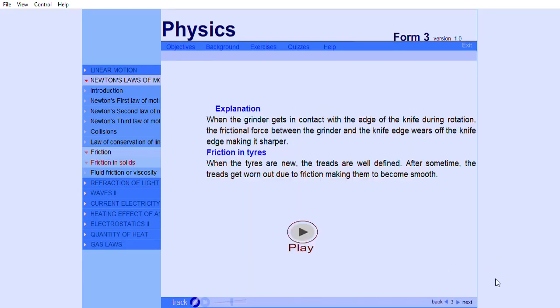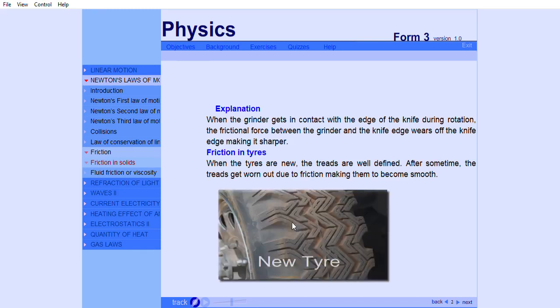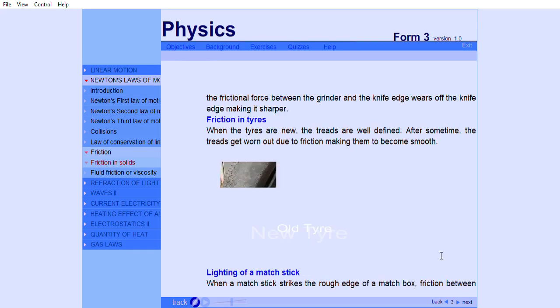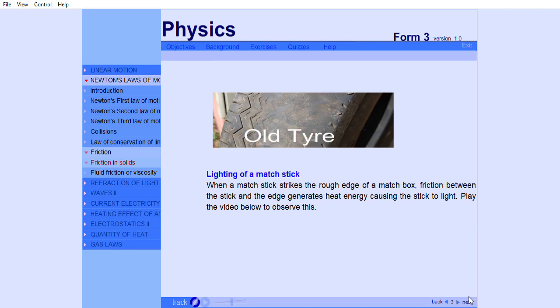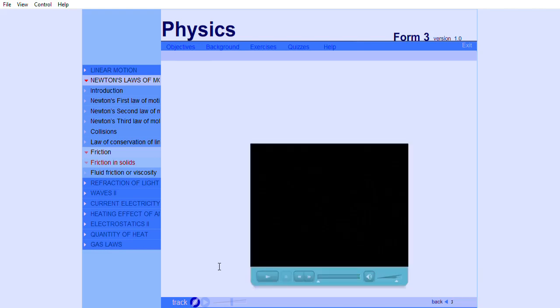When the grinder gets in contact with the edge of the slasher during rotation, the frictional force between the grinder and the slasher edge wears off the slasher edge, making it sharper. When the tires or shoes are new, the treads are well defined. After some time, the treads get worn out due to friction, making them become smooth. When the matchstick strikes the rough edge of the matchbox, the friction between